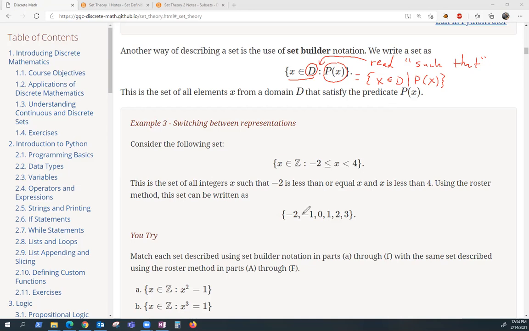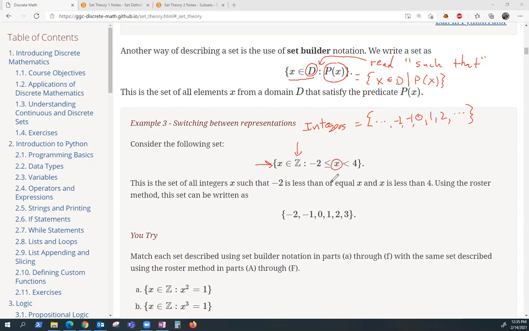All right, so here's an example. Consider this set. All x in Z, where this is the integers, and we'll talk about all of these sets a little bit later, but the integers, you'll recall, consists of 0, 1, 2, goes on forever, -1, -2, that goes on forever. So all x in Z such that -2 is less than or equal to x is strictly less than 4. Well, we could write this in the roster method